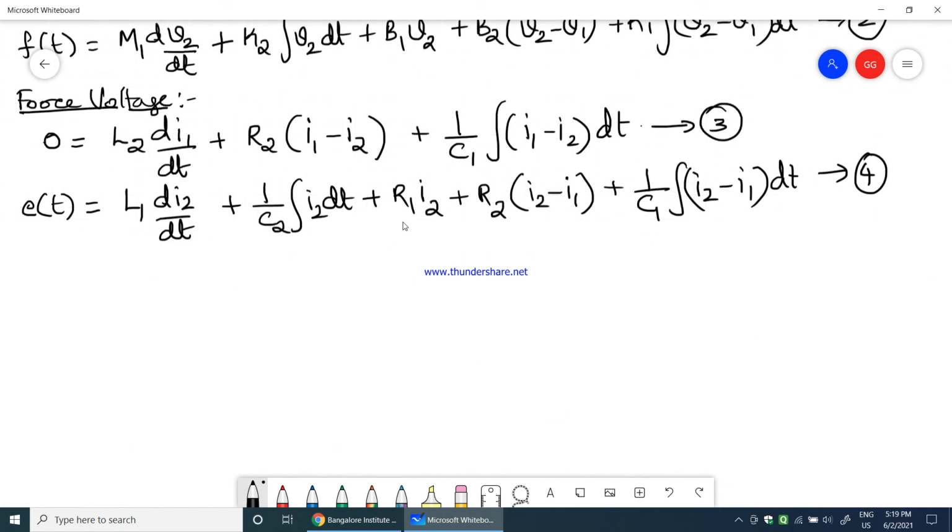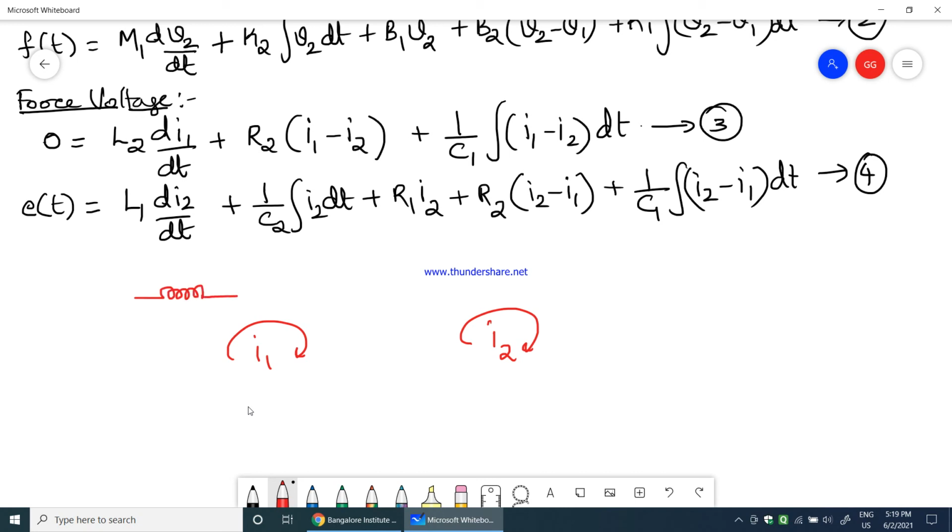So how many loop currents should I have now? I1 and I2. Only two currents are there. Therefore I will have two mesh currents. One is I1, the other mesh current is I2. Now which components are connected only to I1? L2. Therefore I will write first L2 here. See, L2 into di1 by dt, right? So I will write only L2 here.